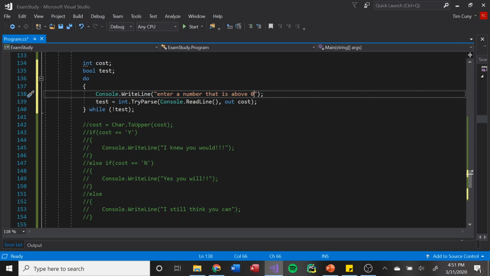How do we test to make sure that's not 0? Because we don't want 0 to be included with our answer, correct? For this instance, our TryParse will actually be set to